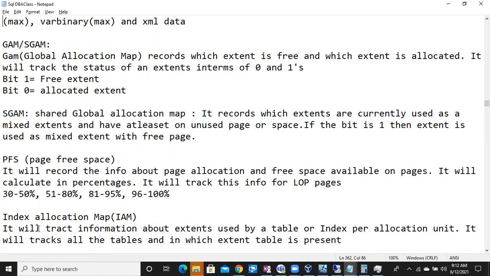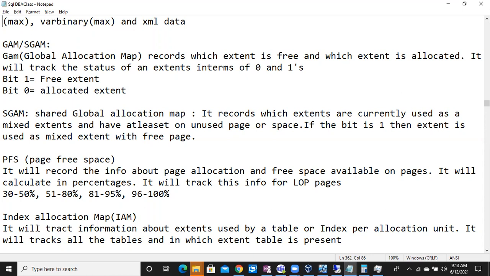How does SQL Server know a free page is there in the mixed extent? How will SQL Server understand this uniform extent is free? Because it can allocate only free uniform extents; it cannot allocate already allocated extents. Whenever you are creating a table, it is going to allocate a page from the mixed extent, which means that page should be empty.